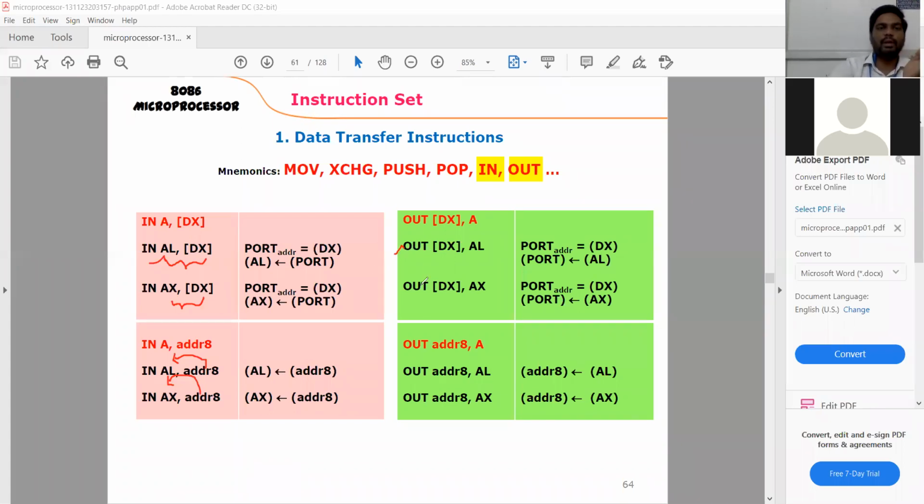So these are all the categories of instructions that come under data transfer instructions. The first category comes under data transfer, the second category comes under the special operations of the stack pointer, and the third one comes under the data transfer between the input output devices interfaced with the microprocessor. Hope the data transfer instructions are clear to you.